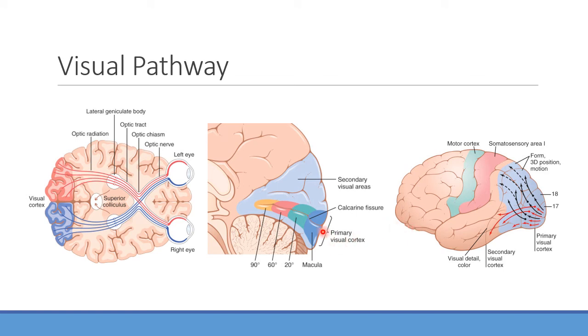And then if you look at the way the visual cortex is delineated here, again, the most neurons are going to be here in the primary visual cortex, and this is where the macula is, where the fovea is, the primary vision center. As you get further degrees away, you notice that your vision gets fuzzier and fuzzier. You have fewer neurons associated with that. That makes sense, because we want to focus on the primary focal point, and then from there, you can send it over to other areas of the brain.